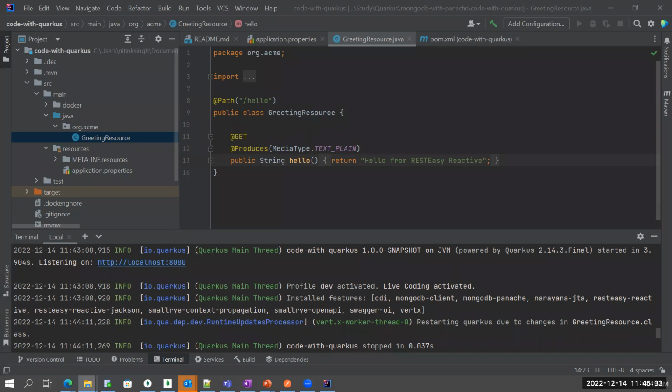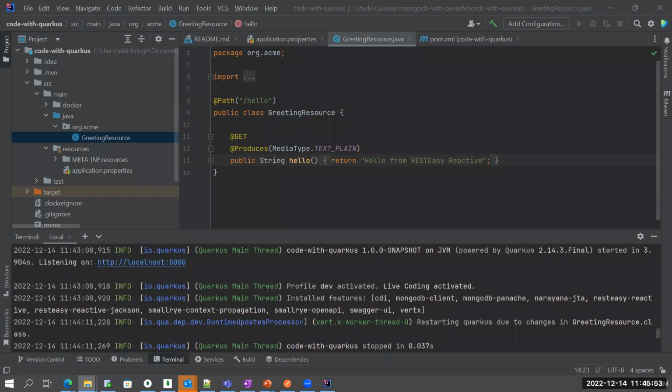Start main, the DB. All right, Maven source, main Java onward